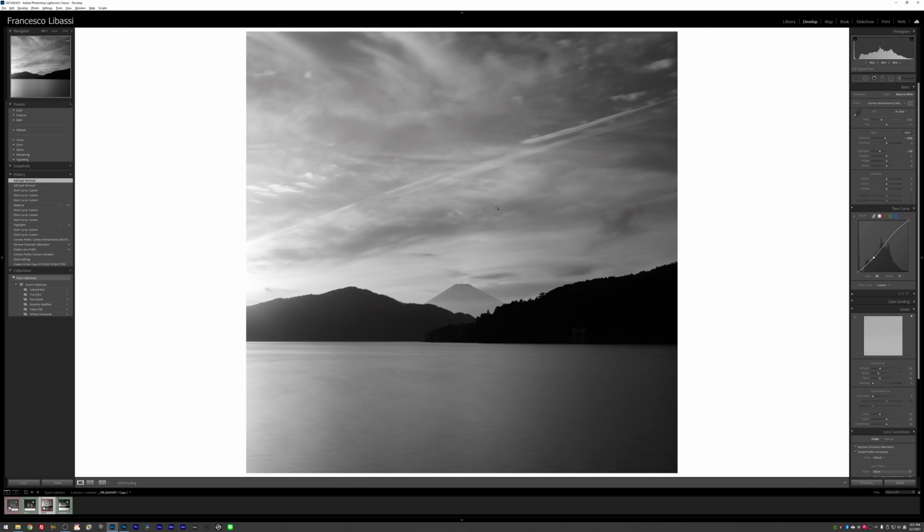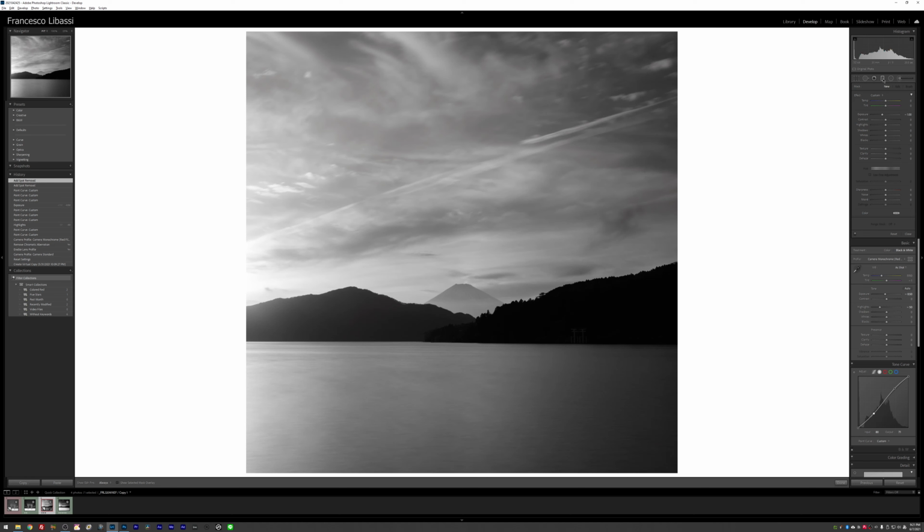Another thing that I want to do is make the water a little bit whiter to create more separation between this line of mountains and the foreground, the water here. So I'm going to do that with a gradient filter. I'm going to select the exposure and raise that to +1. And I think I want to counterbalance that exposure by lowering a little bit of the highlights, maybe something like -30. And let's see how that looks. I'm going to hold shift and create a nice gradient for the water.